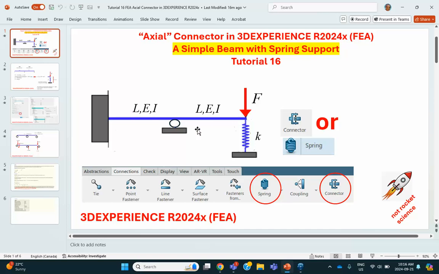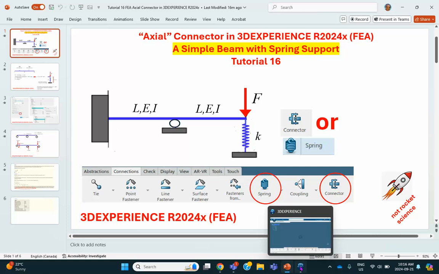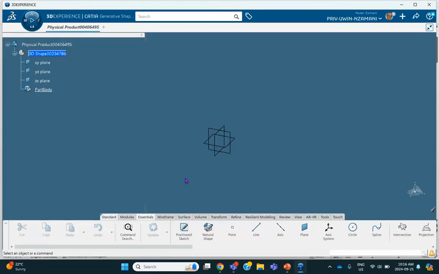You will see what that entails. Now, this kind of a thing appeared in the previous tutorials, as I said, tutorials maybe 1 through 12, 13, etc. I'm not going to repeat that. Okay, let's go ahead and do this. So I started in generative shape design, or it could have started in part design. It makes no difference. So line,